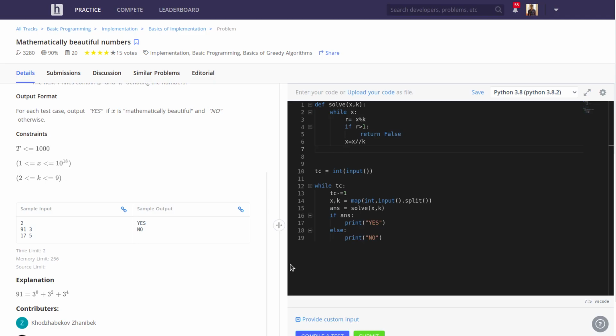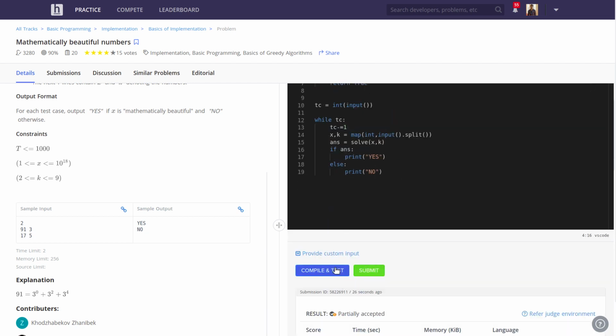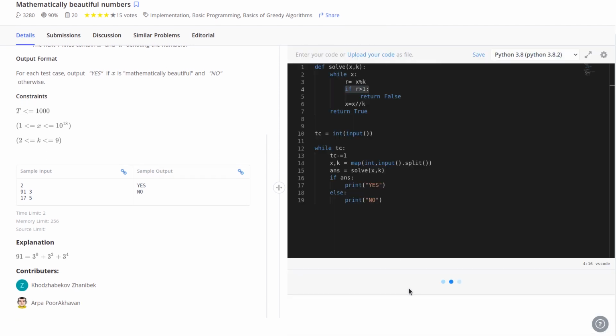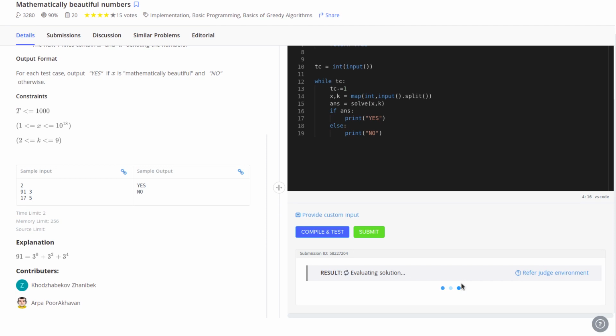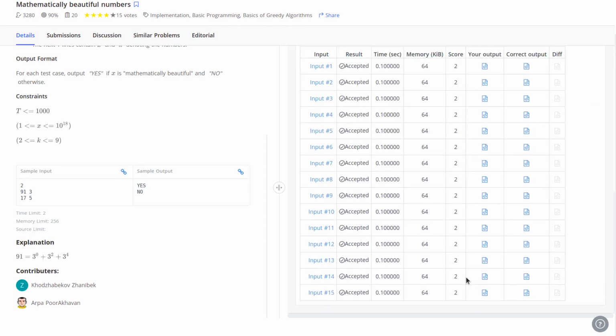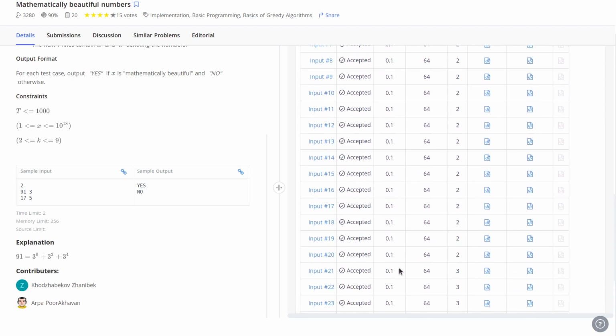So this is how we can solve it. Now we can simplify. Here we can write return true, not false, because if it comes out of this while loop, that means we didn't get any remainder greater than 1, so of course the answer is true. Now we can simply submit it. You can see every solution is getting accepted.